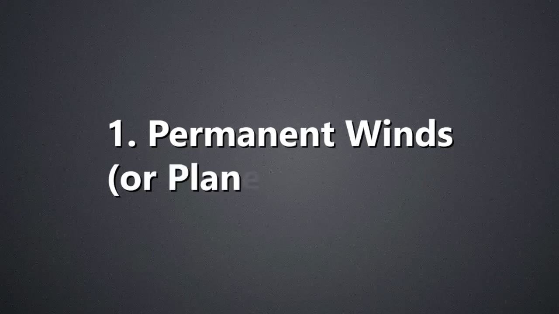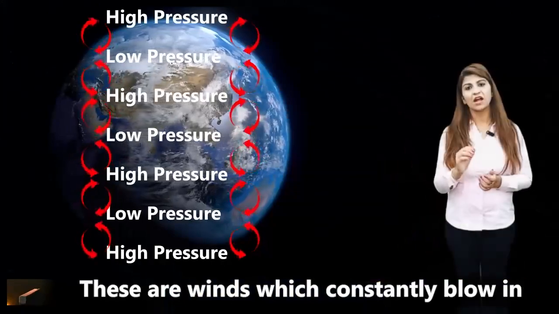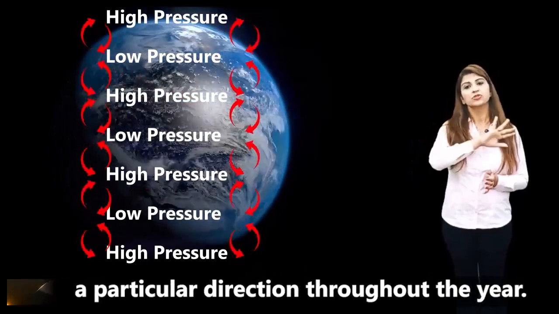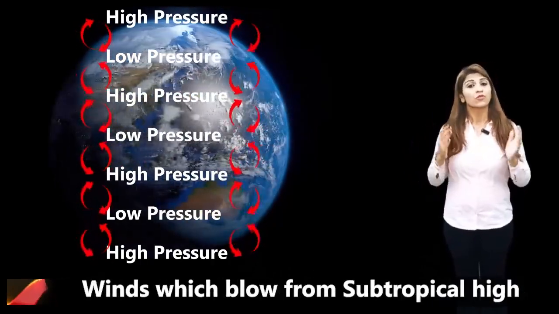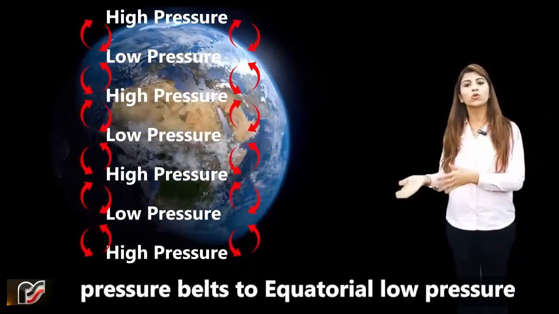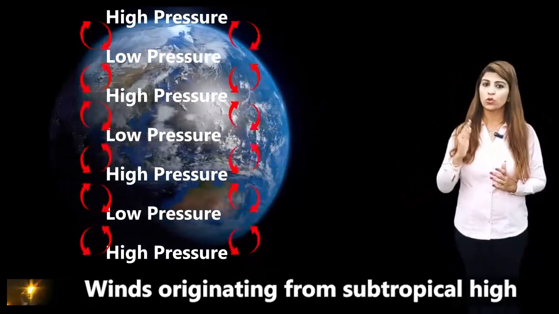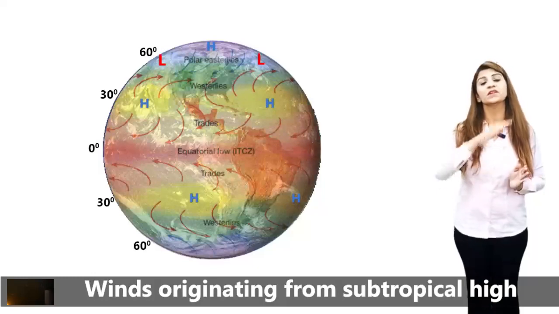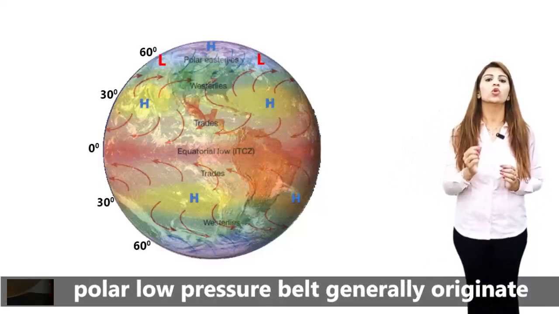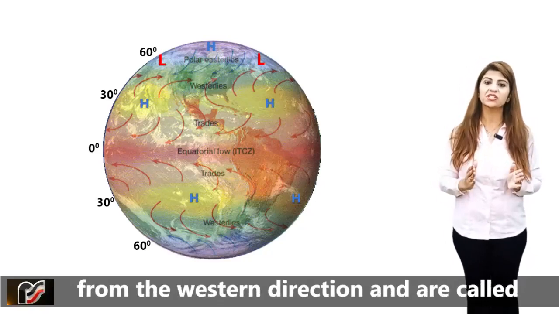Number one, permanent winds or planetary winds. These are winds which constantly blow in a particular direction throughout the year. Winds which blow from subtropical high pressure belts to equatorial low pressure belts are called trade winds. Winds originating from subtropical high pressure belts and blowing towards subpolar low pressure belt generally originate from the western direction